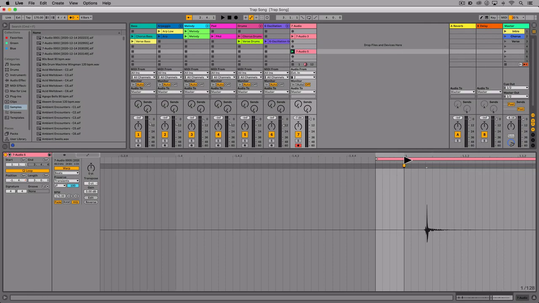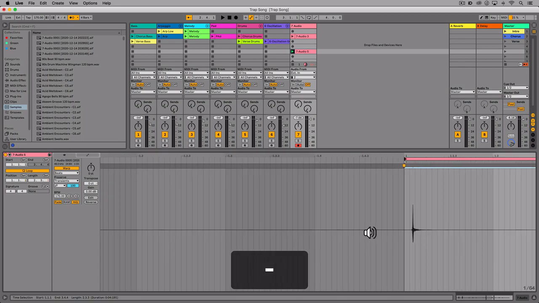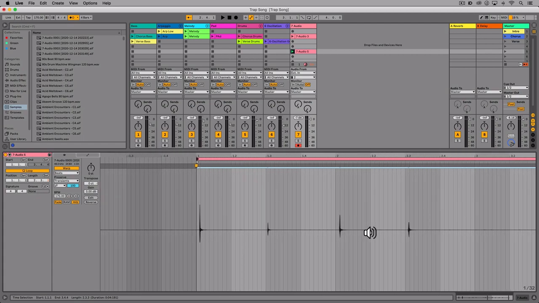Now we can see this is beat 1 of bar 1. Anything before are minus numbers. I'm going to drag this so my clip starts at the same point. So now I can have a 2-bar clip starting at bar 1. In this situation, it wasn't vital, but it can become quite confusing if you're starting a clip at a strange